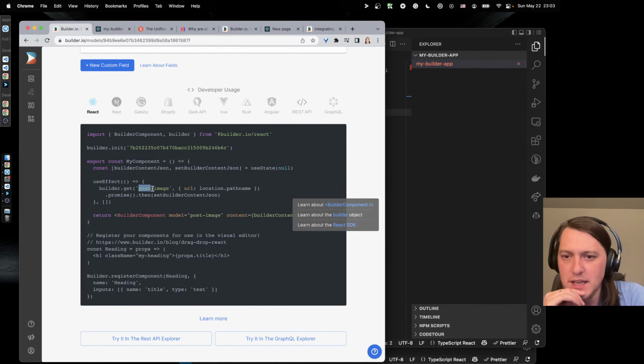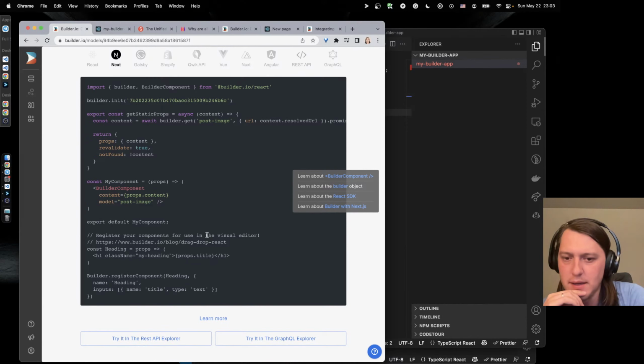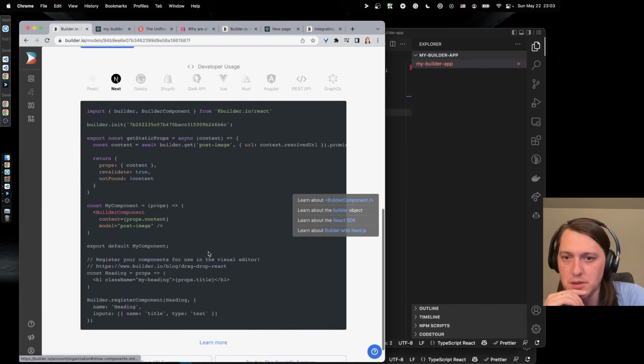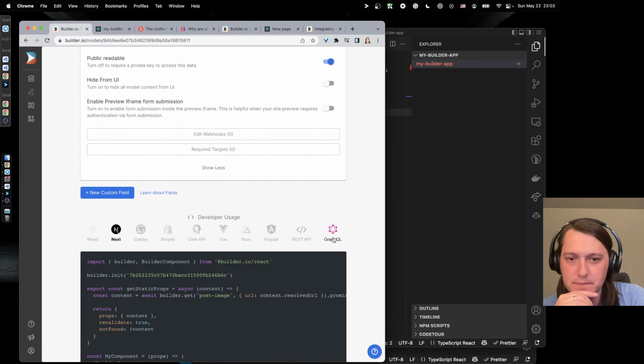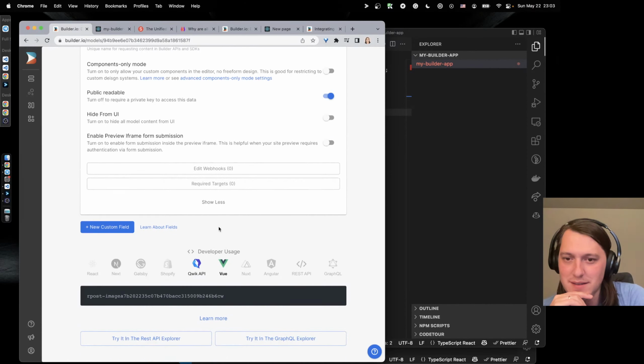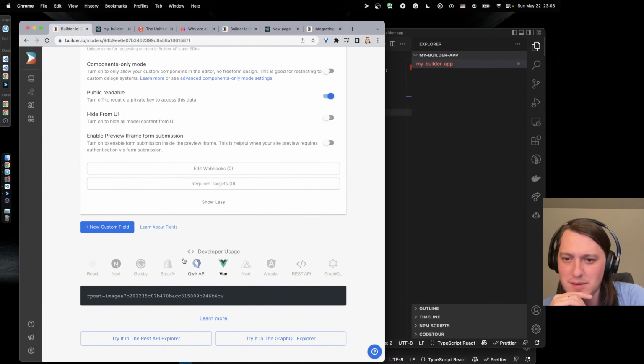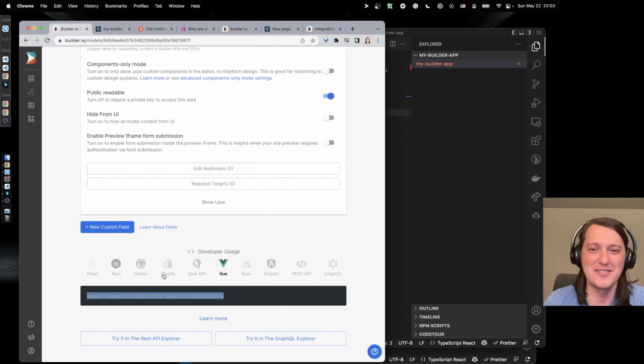So far the same, just use post image and such. Try it in GraphQL, try it in the REST Explorer. Okay, interesting. REST API. Huh. Wonder if that's all the instructions that you're going to give me.